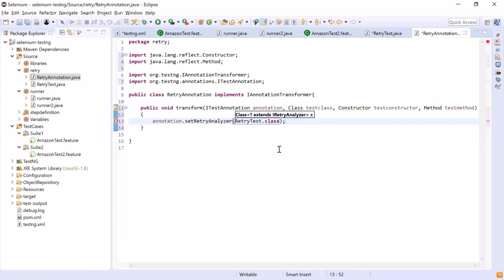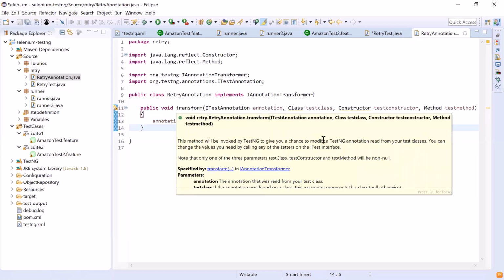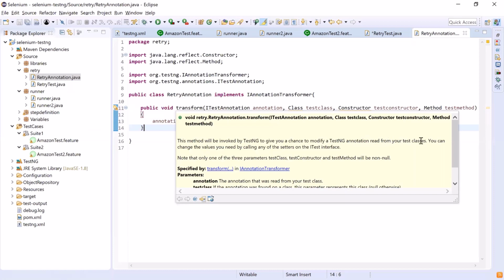So what this transform method is gonna do, this method will be invoked by TestNG to modify a TestNG annotation from our test class. And we can change the annotation values by calling the annotation.setRetryAnalyzer method.